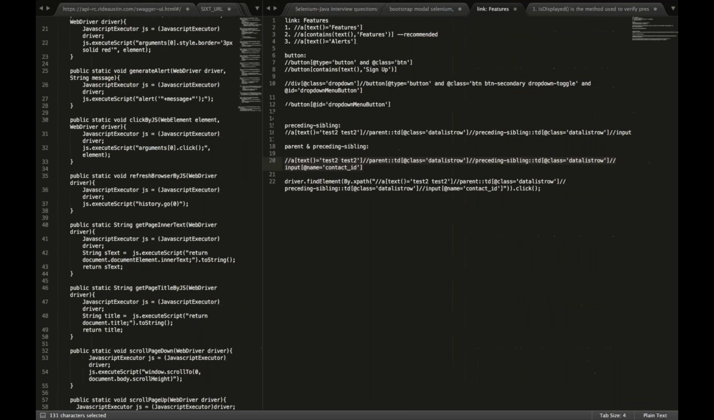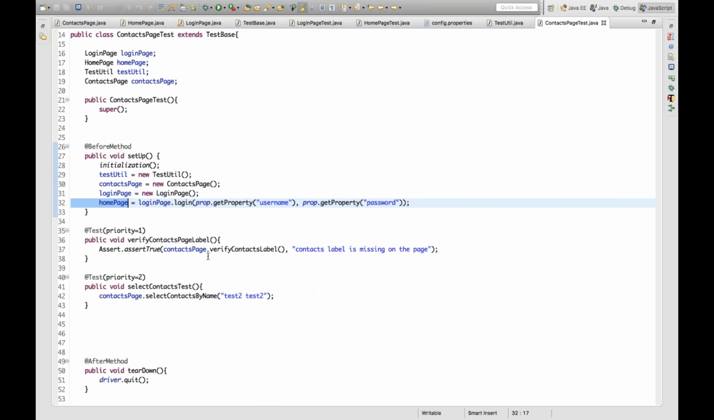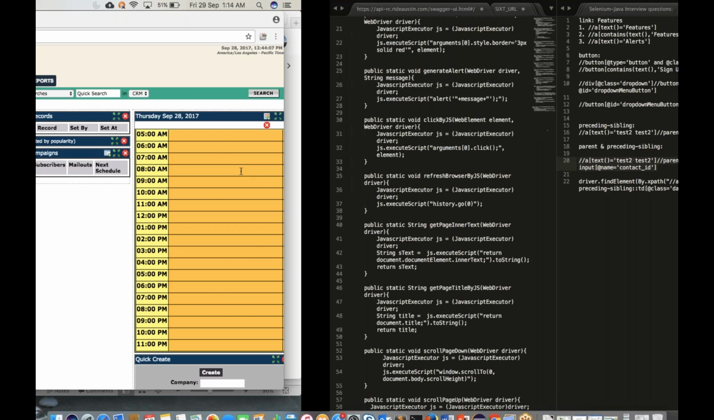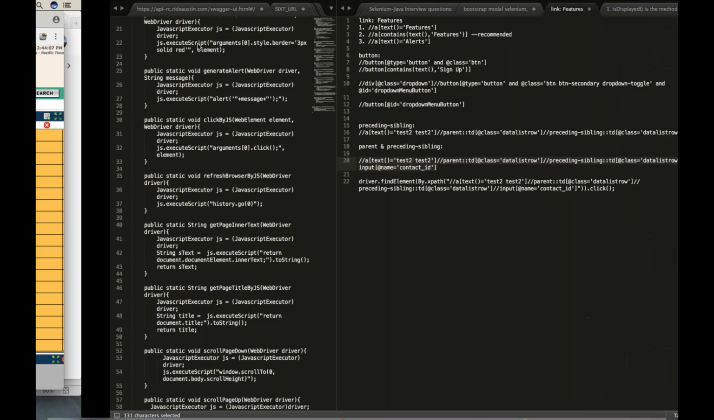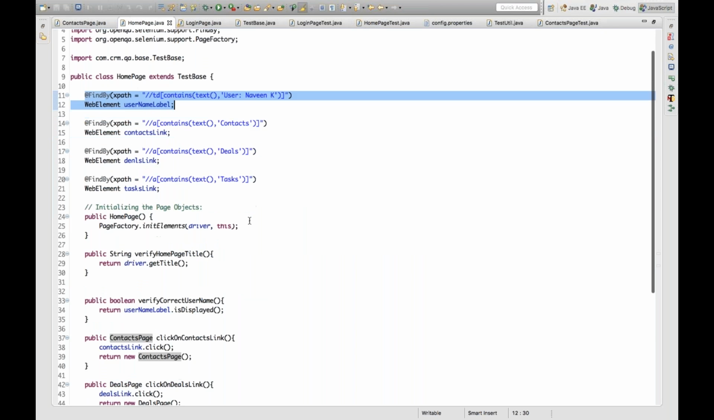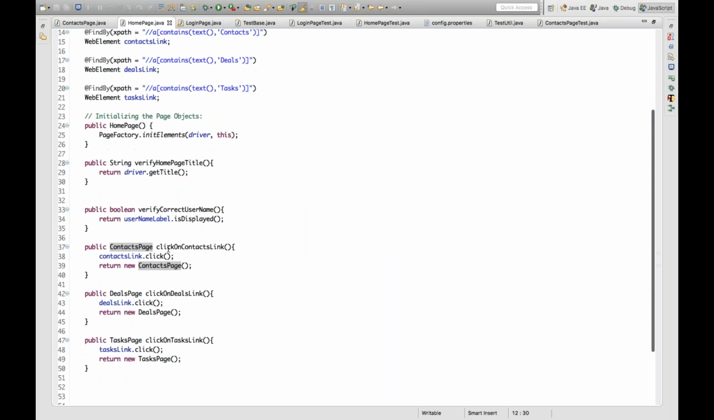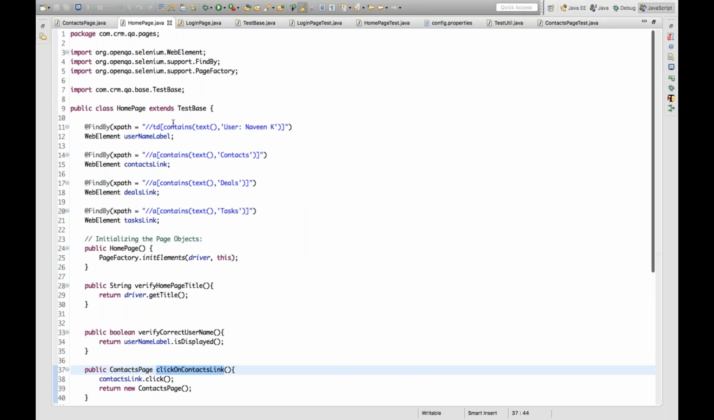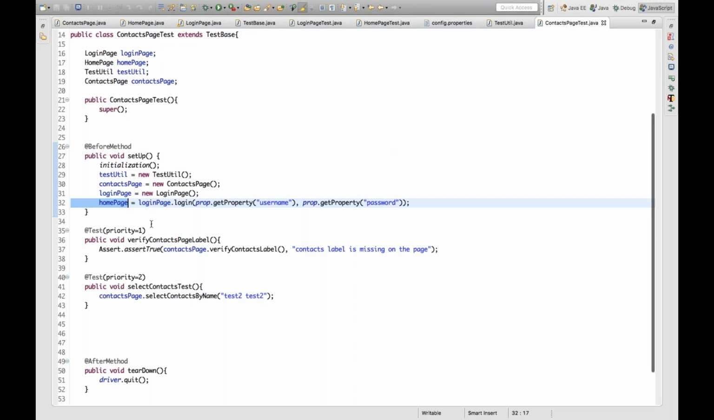Contacts link. So the contacts link, where exactly have I created it? I have created it inside the home page, because the contacts link is a part of the home page, right? So I'll go to my HomePage.java and see, I have written the click on contacts link method, but it is available inside the home page, right? So what I'll do is, by using this home page, once I get the home page,